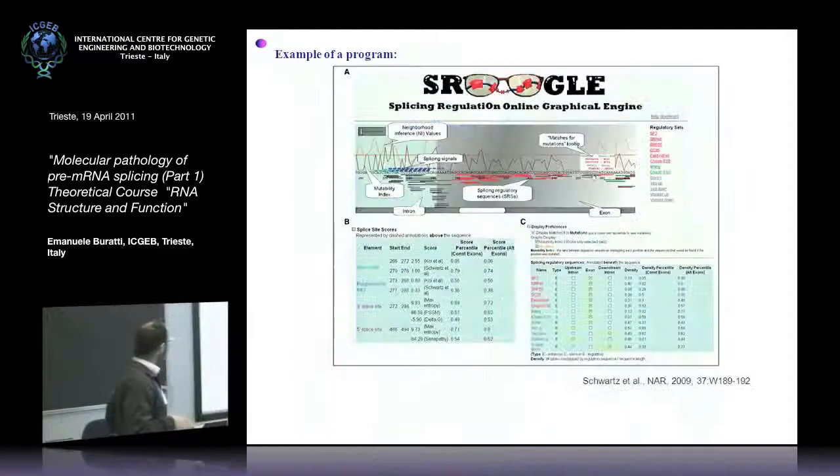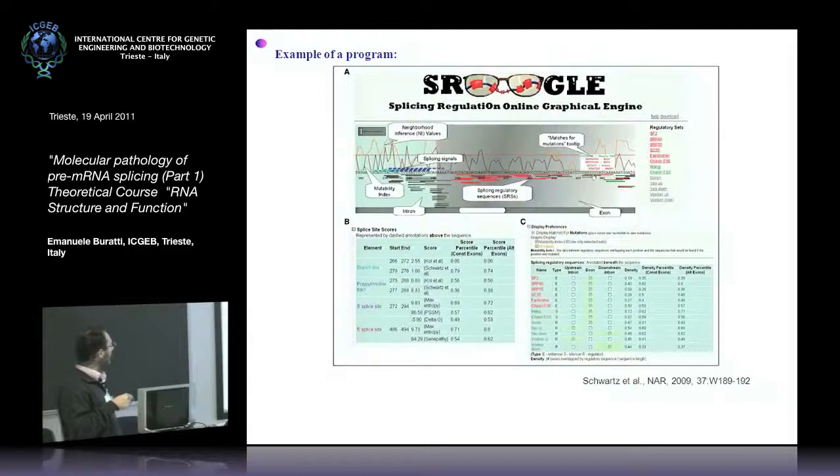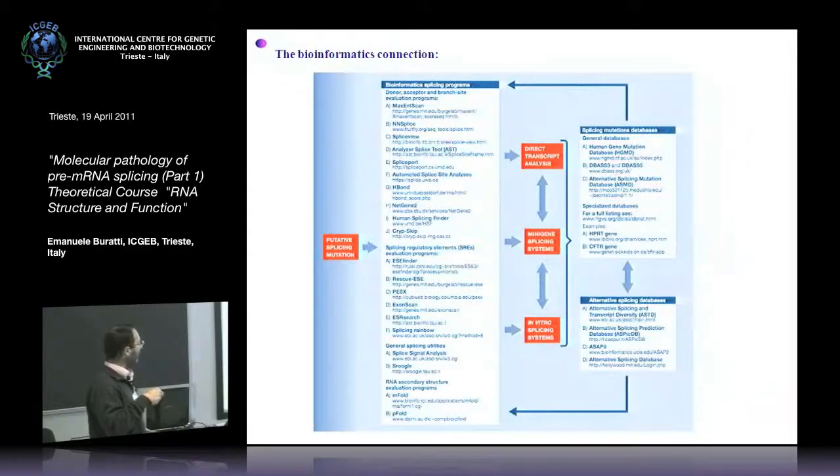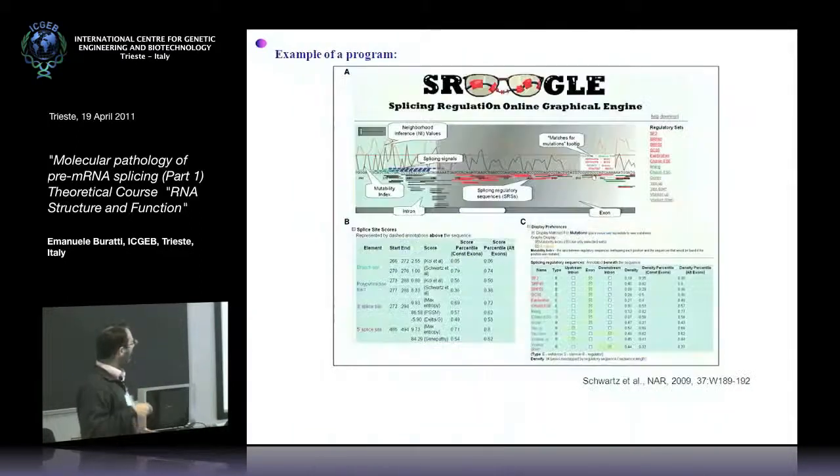Just let me show you one of the latest ones and what you can expect. So this is Rugol. It has been developed by Gil Ast in Tel Aviv, and what it does, it kind of combines a lot of these bioinformatics approaches together to make the analysis a little bit simpler. What you do is, if you're screening for splicing mutations in a particular gene, you just input the wild-type sequence, you input the sequence that you think carries a putative splicing mutation, and the program will actually